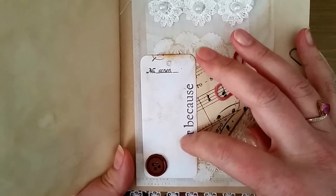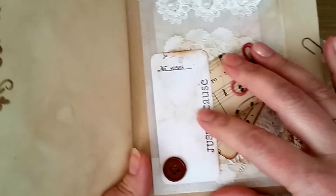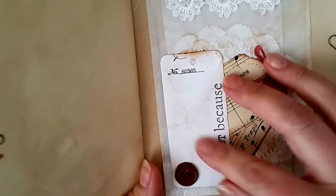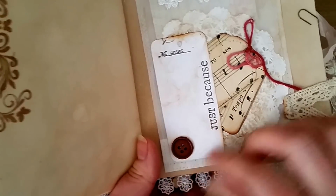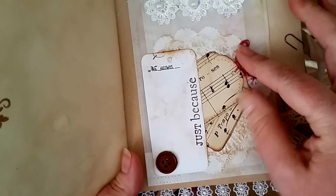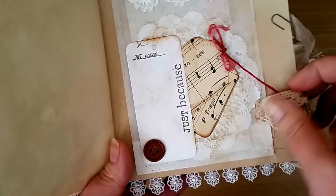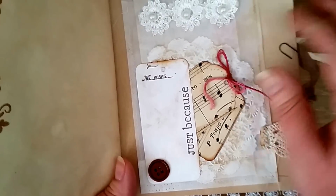and this here is a tag, one of the, I think it's what you call the clothes alteration tags. And I've just stamped on there, and it's just because I've just put a button down here, and I did some die cuts with some tags out of music paper, and I've stuck them down in behind, so everything is stuck down, and there's just some lace trim on the side so the tags don't actually come out. And that's